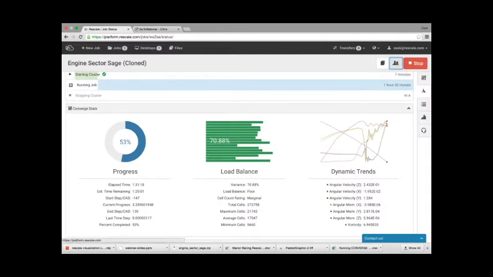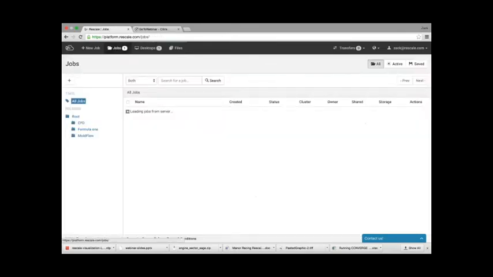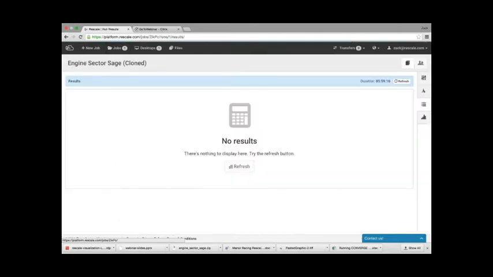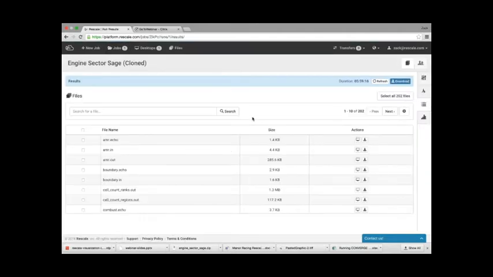So the next step is to view the results once the job is done. There are two options for that. And again, I'm going to switch to a different job that was done in the past. So the first thing is viewing the results file. You can see the output files over here. They're all available for you. You could either view them if it's a text format, or you could choose to download them. You can choose to download one file or many files, depending which ones you really want.